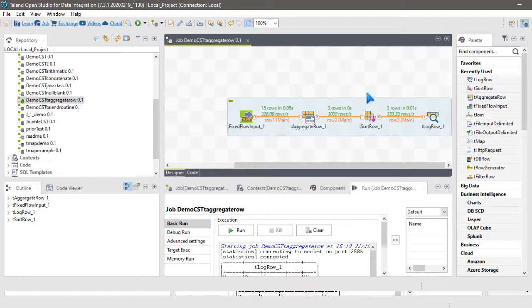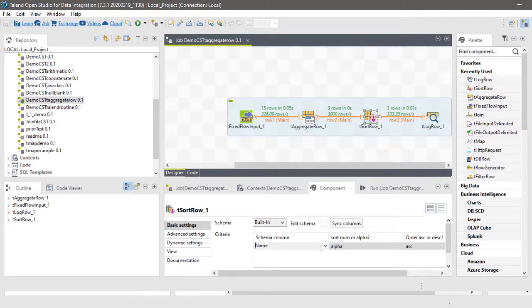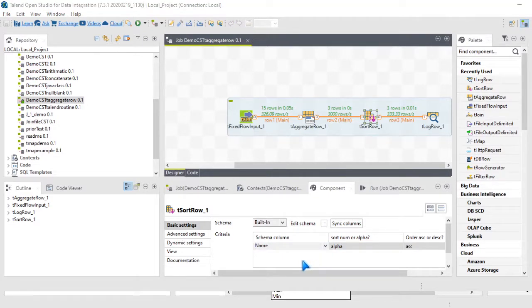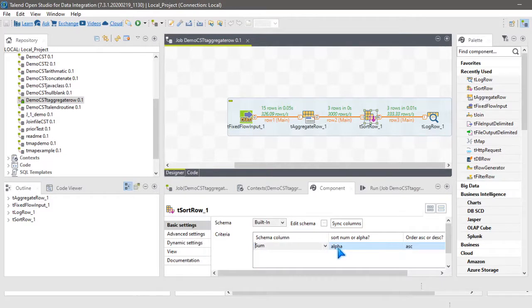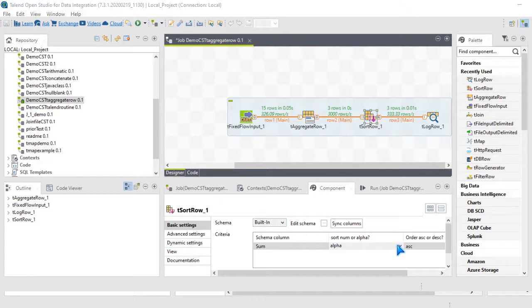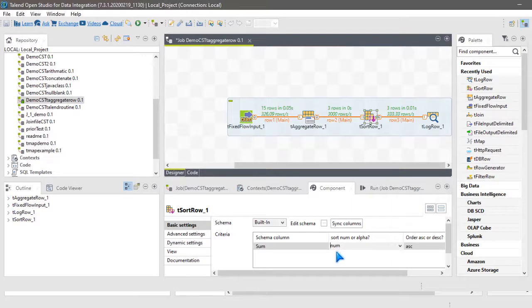Then this sorting is being done based on certain input, right? It is not mandatory to have sorting here. You can ignore sorting, but it is important. It does the functionality based on certain criteria. So can you tell me, I want to do the sorting based on sum. So should I select alpha only? What should I select here? Should I select num?